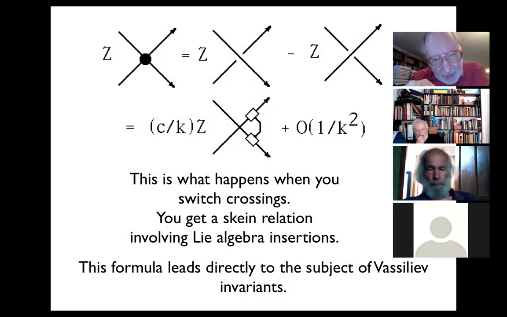Because you see, if you wanted to switch from the overcrossing to the undercrossing, then you would take the overline and you would deform it, deform it, deform it, and then at a certain point you would get it hitting the other line. It would be touching the other line, and then you would deform it down below. So the real question is, what happens when you deform it just up to the point where it touches the other line? At the point when it touches the other line, it's possible to have the Lie algebra insertion happen